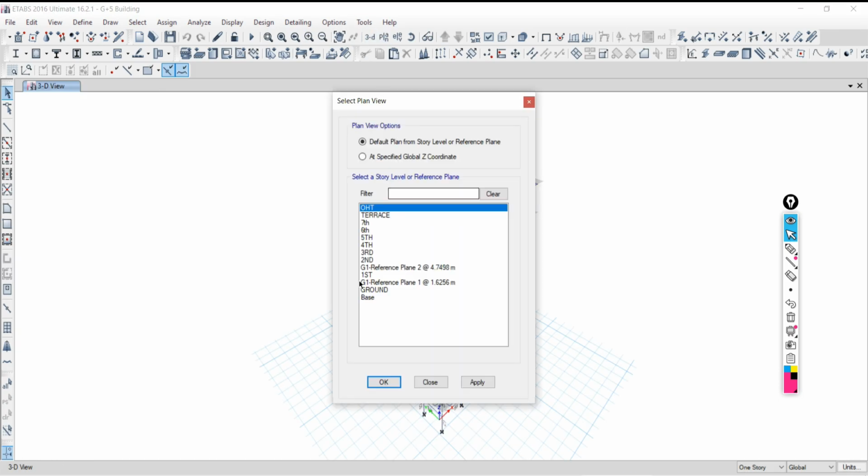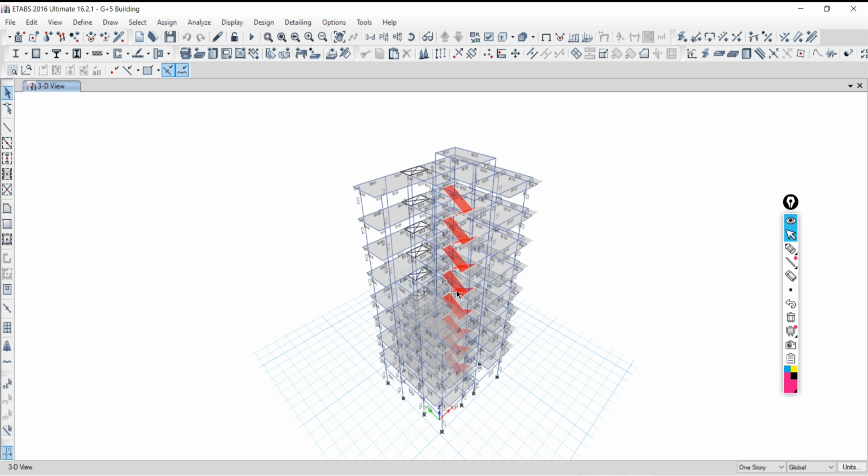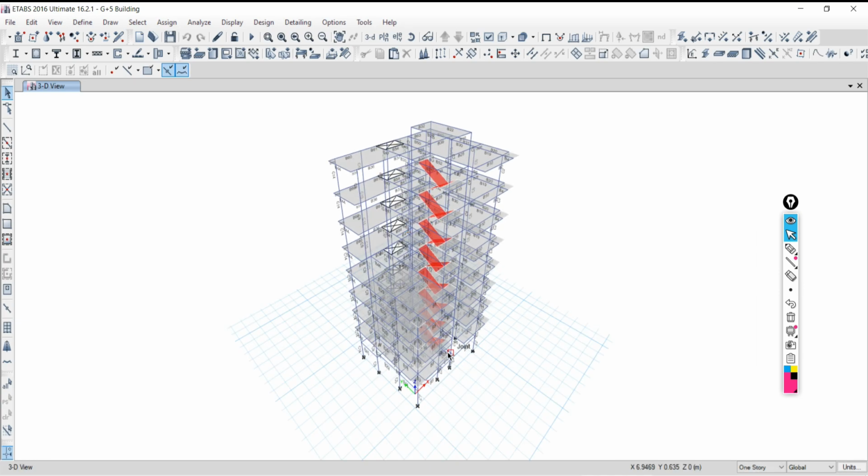So it is basically a G plus 7th floor building, with a terrace and an OST level also there. Many things need to be discussed for the superstructure, but I'm not going to talk about that. We just have to focus only on the substructure. What reaction you are getting